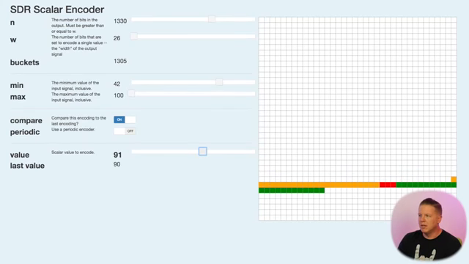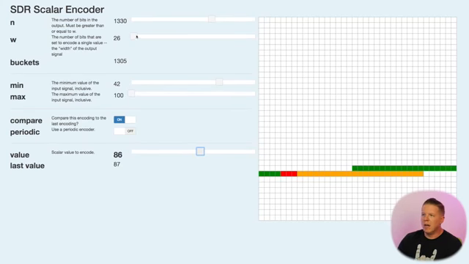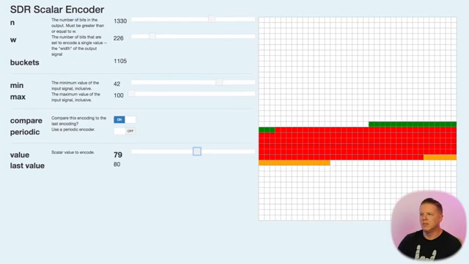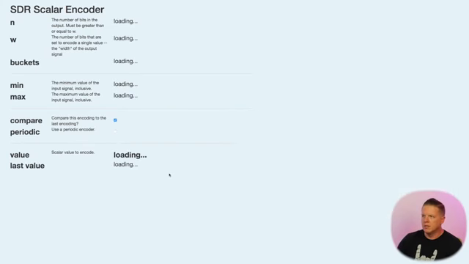Maybe that's what you need with your data, maybe not. If you want to have a lot of overlap, you want to make the bucket size bigger, and then you'll get a lot more overlap between these values. So about the bucket size, by the way,